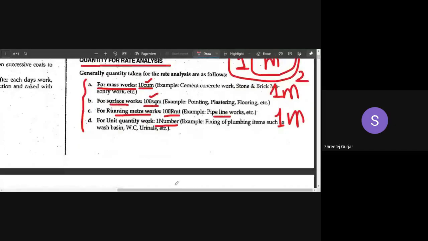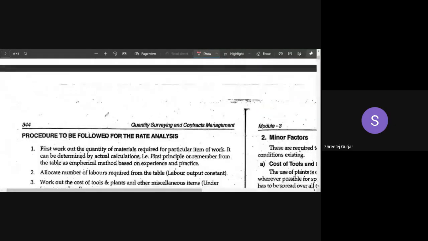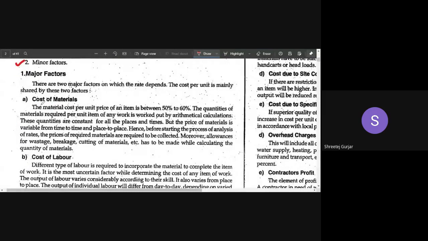A very important thing, which makes up 30 to 40% of your rate. Almost 50 or more it can go. The first point which you see on your screen: cost of materials. Cost of material is the first important factor which affects your rate analysis. Depending upon the cost of your material, what is the quality of your material, all those things are included in the cost of material. As I've told you, we need some transportation charges which are included. That also affects.